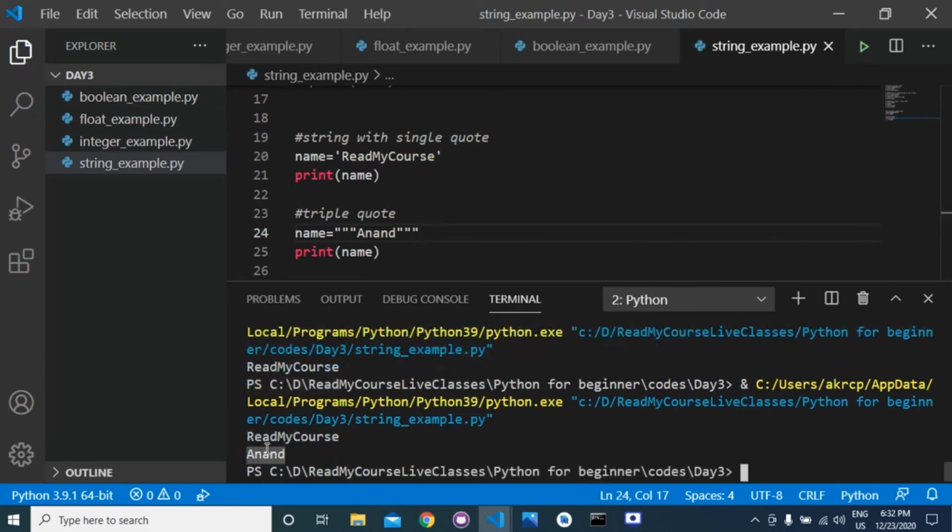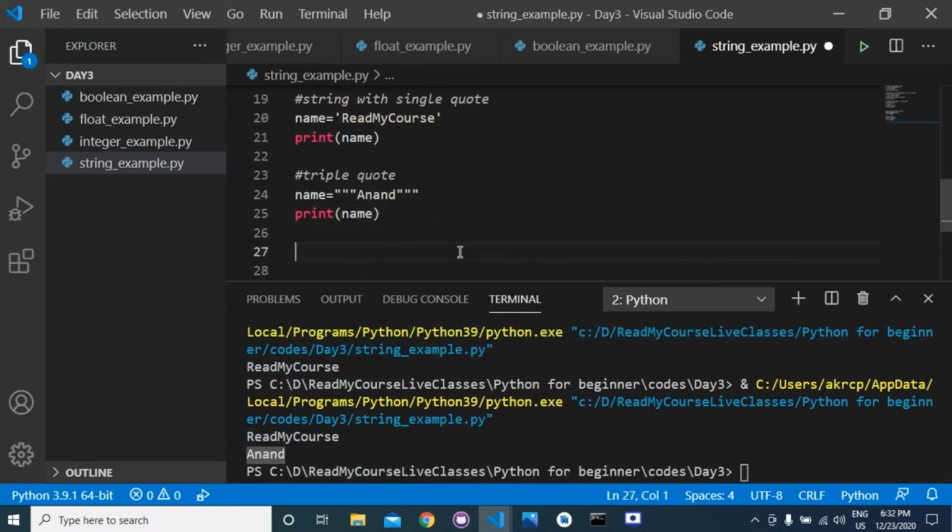You will get Anand. Triple quotes are used if you want to add more than one line. So if you want to add more than one line in your string, then you can use triple quotes.